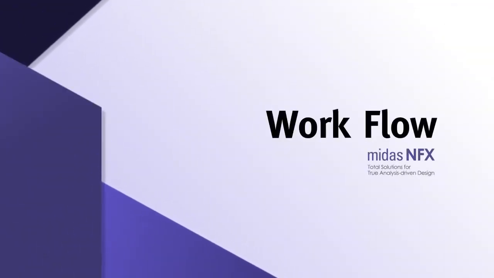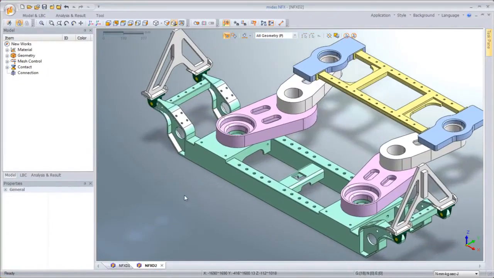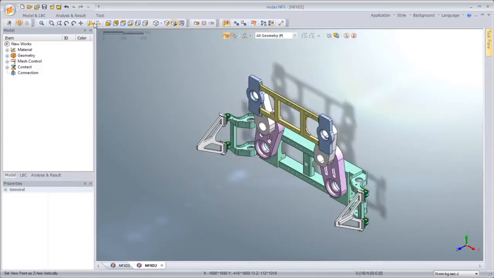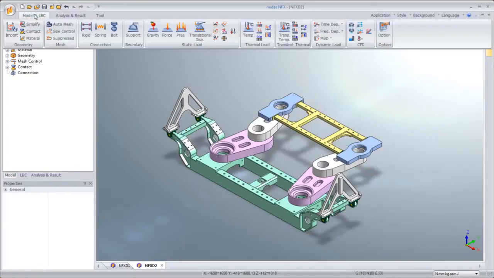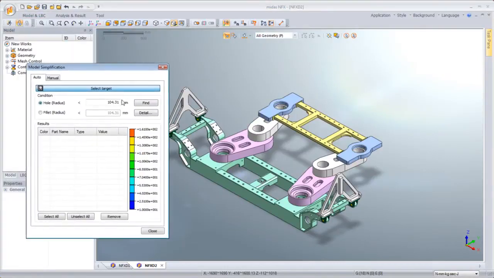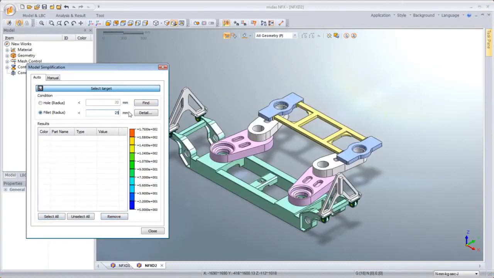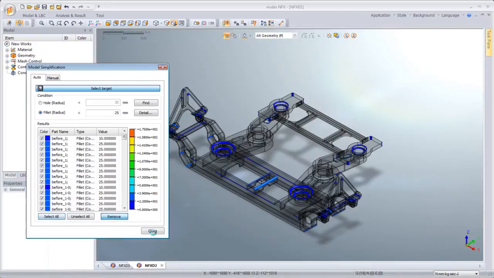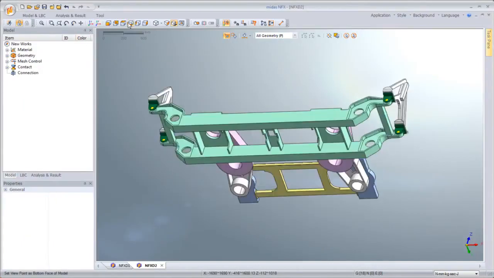First, the workflow. NFX streamlines the repetitive design, eliminating the tedious, time-consuming process, leading to an optimal work process. Now, this model contains numerous small fillets and holes. Since they do not influence the analysis, we need to simplify the model. As you can see here, we can use a dedicated simplifying function to search, check, and delete small features within